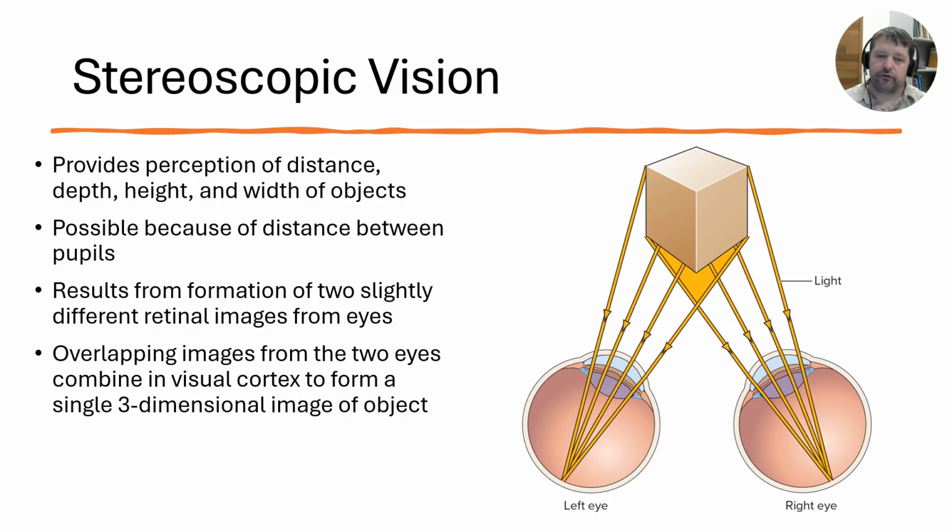Yeah, so really just more like overlapping images that really allows for you to determine the three-dimensional image of the object. So you know that there's also a top and a bottom to the object and a backside to the object, because your eyes can see both regions or all regions.